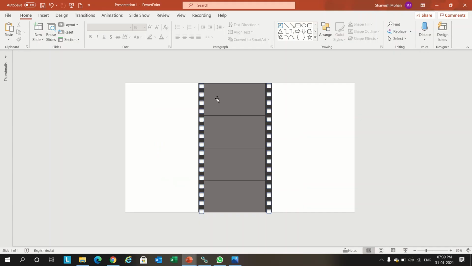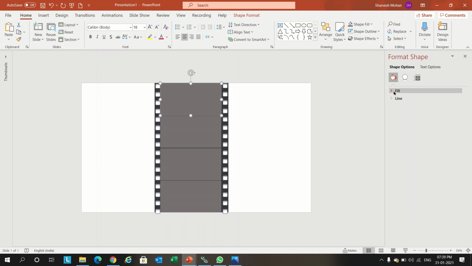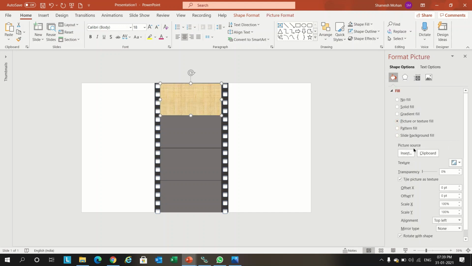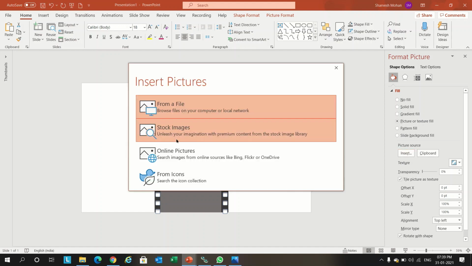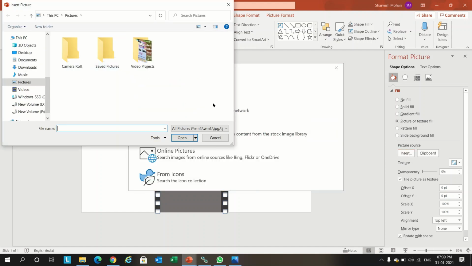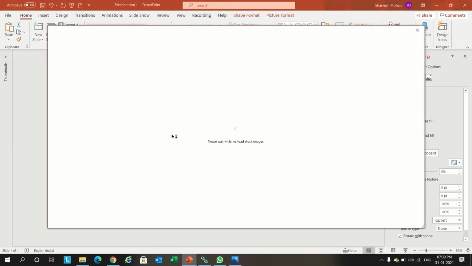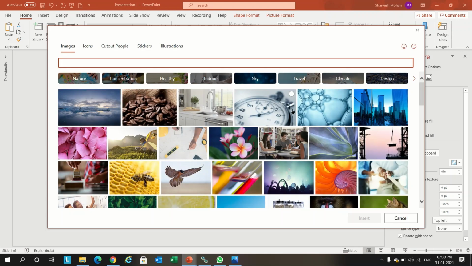Now we have created the effect. Now we'll add the pictures for each box. We'll go to format shape, fill, picture or text fill, and insert from file. If you have pictures on your PC, you can use those, or else you can go to stock images. It is available in Office 365. I'll choose some 3-4 pictures from there.